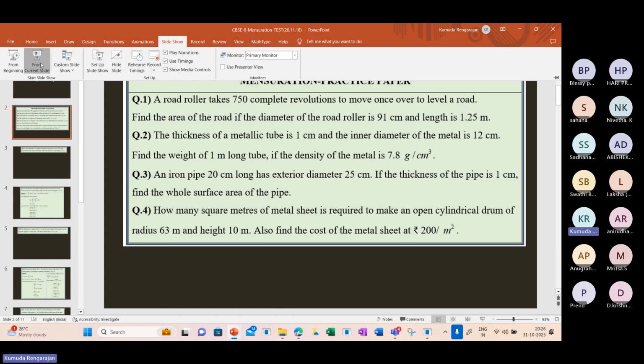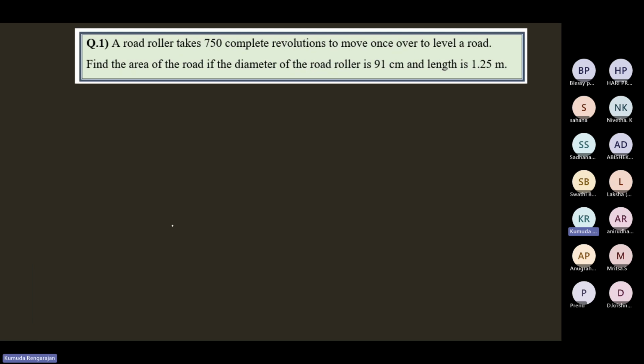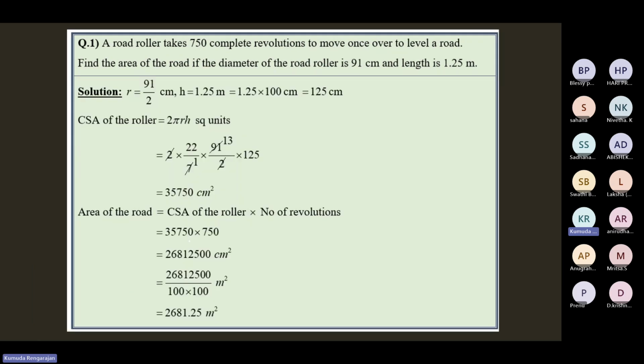Okay, share your answers. What's the answer for the first one? All right, now let's not waste time. Please check your answer. I'll just take you through the answers. So for the first one,